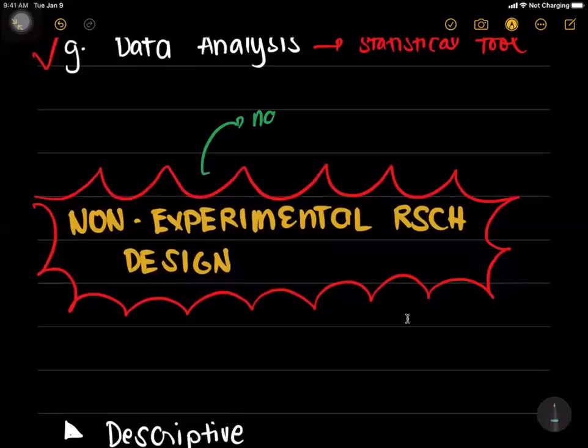So yes, that's correct. It's naturalistic, and then we have here less control. It doesn't mean no control at all. No control is different from less control. In less control, you still have control, but it's not as complex or as rigid as compared to our